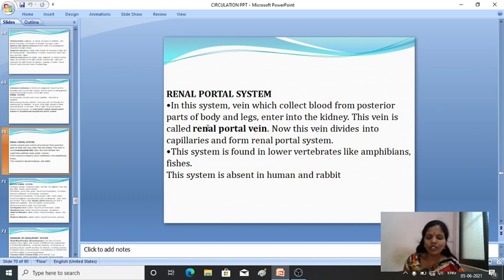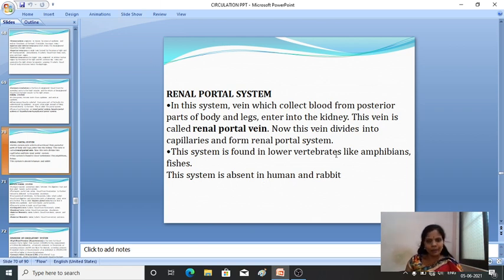So this vein is commonly known as the renal portal system. It is associated with the kidneys. These veins divide into capillaries and form the renal portal system. This system is found in the lower vertebrates like amphibians and fishes, and it is absent in human beings